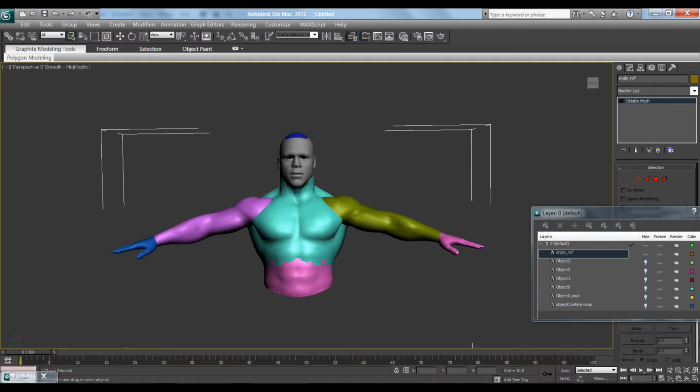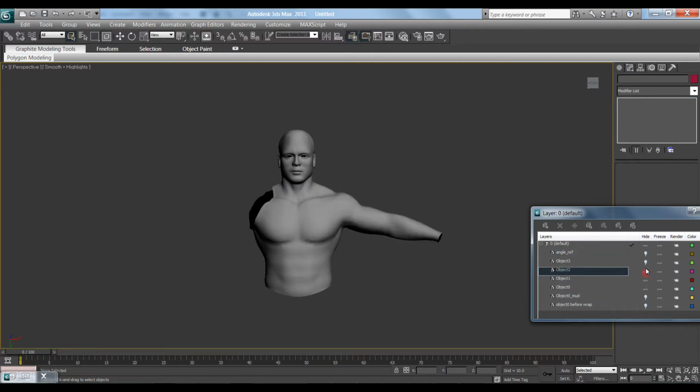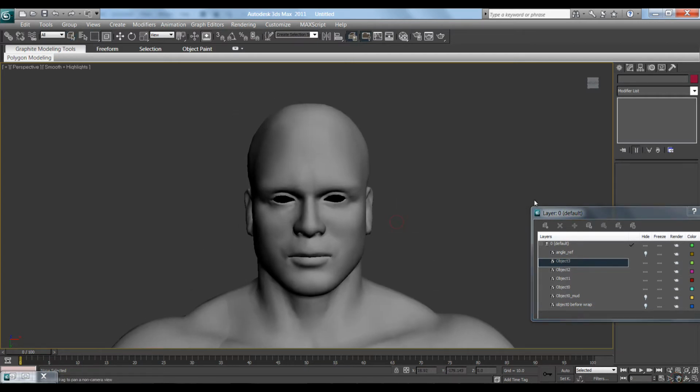Alright, so now that I have the reference model in place, I'm going to import the Rick Rude model, which I've already done just to save some time, and I'm just going to hide the angle reference model. So I've got the upper body for Rick Rude already imported. So now that we have the model in place, we need to position the reference model above this to try and